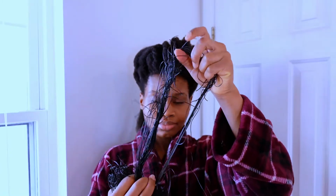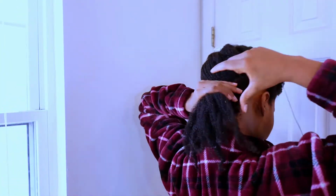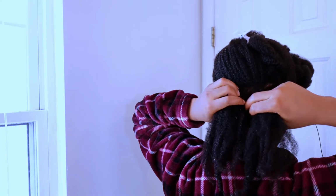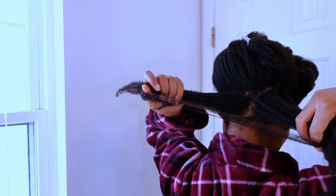For this style, I'll be using the African thread. If you are from Nigeria, Ghana, or other African countries, you should be familiar with this thread. It's a very stretchy thread, and I just love using it for my hairstyles because it's easy to put in and it's easy to take out. As you can see, this thread is very stretchy, so one strand can go a long way. For this style, I used 2 strands,